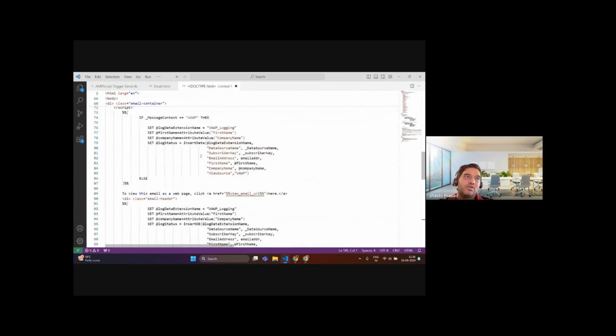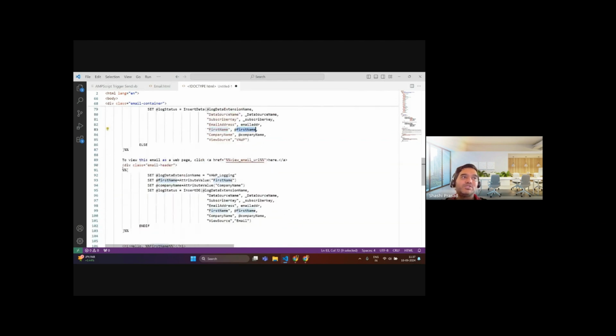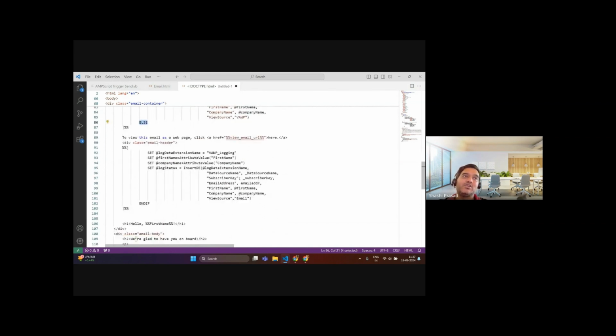So here, if the message context is a VAWP, what I was doing was logging this particular record into this data extension called VAWP logging, saying that this particular person has opened this email via VAWP, giving you the data source name, subscriber key, email address, first name, and all these things. And if there's an else condition, if the person is just clicking on the email,